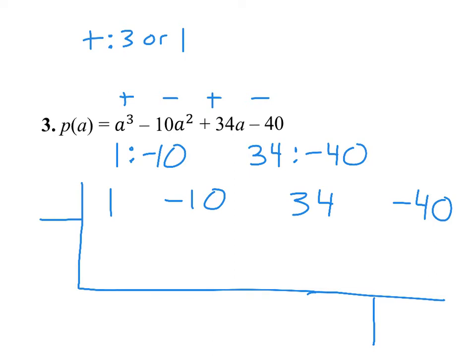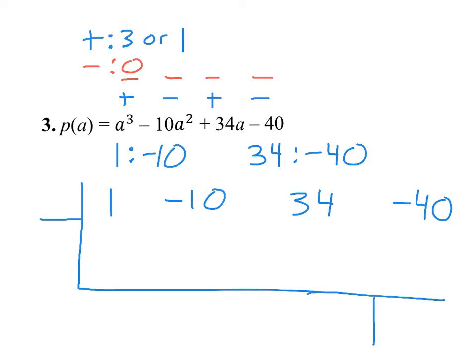The number of negative roots: this one will change, this one will stay the same, this one will change, this one will stay the same. There will be no negative roots, so we don't want to bother guessing any